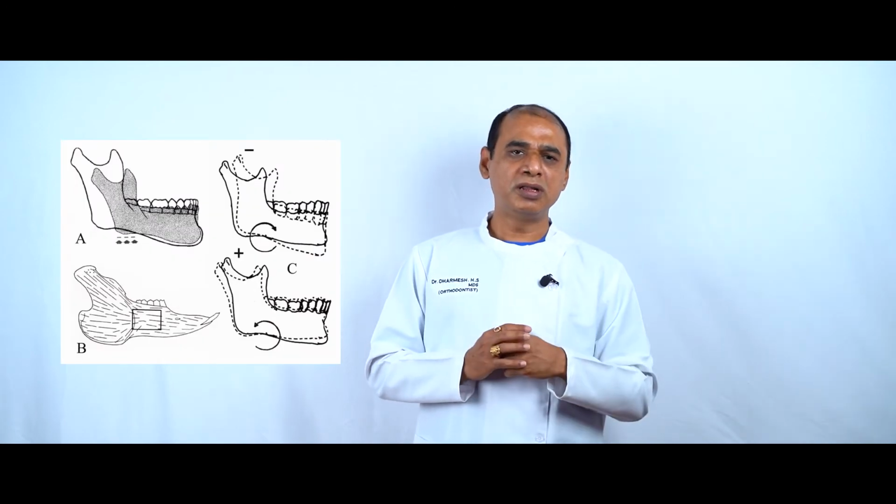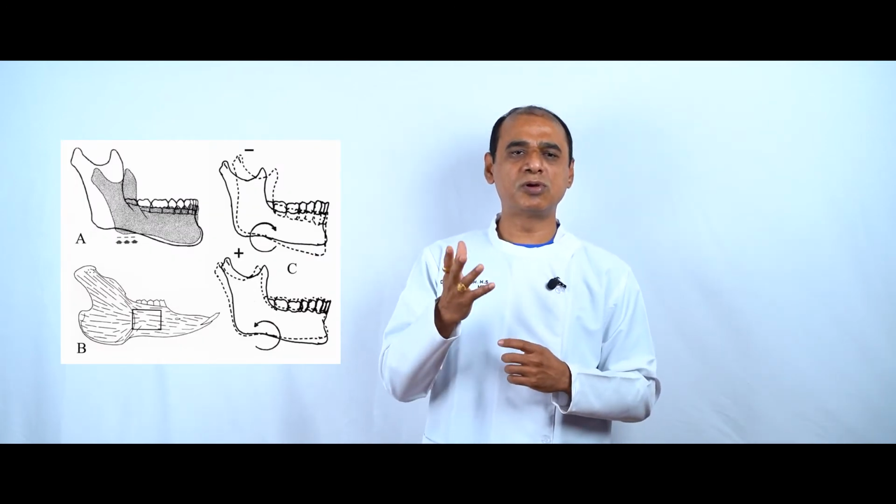A small note on the rotation of jaws or growth rotations. The rotation of the mandible depends on direction of growth and location of growth. The direction of growth can be of two types: clockwise rotation and anti-clockwise rotation. Under clockwise rotation, the mandible grows downwards and backwards. More posterior growth and less anterior growth is seen. It results in a long face called high angle case. Extrusion of posterior teeth should be avoided in such cases. Usually it is seen in open bite cases.